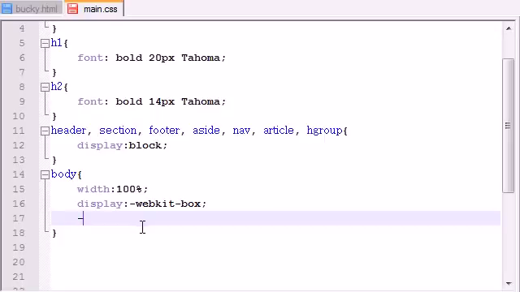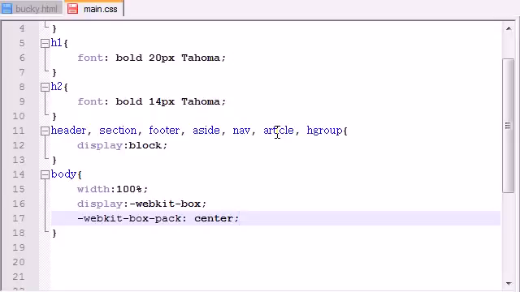Now, another thing that we want to use from the WebKit is a property called WebKit Box Pack. Now, WebKit Box Pack is basically saying, okay, how do we want the boxes inside this to be packed together? And we pretty much want to just say center, which pretty much means center align the boxes. Now, the property more specifically, since I might as well tell you guys in detail, say you have a website that's 1,000 pixels wide. However, you only have two boxes in there that may be 300 pixels wide each. So you have a bunch of space left over. So what you're saying is, okay, when the website is bigger than the contents inside, just go ahead and center